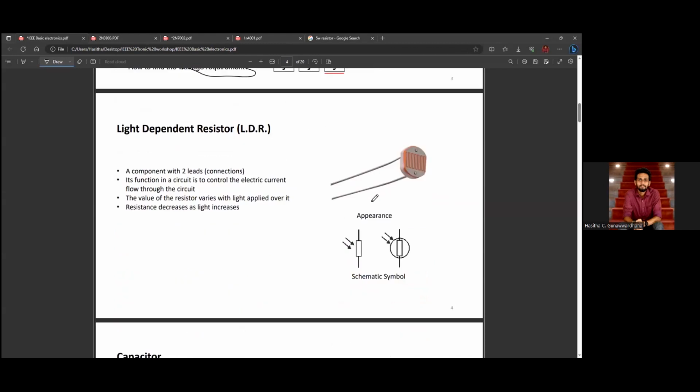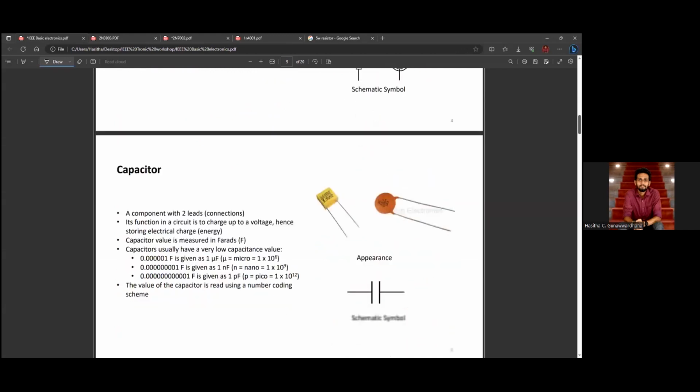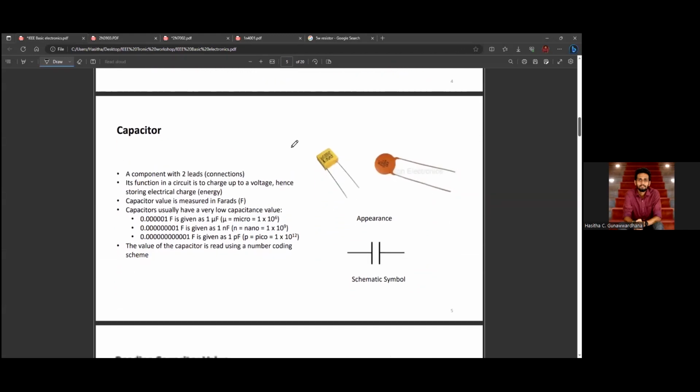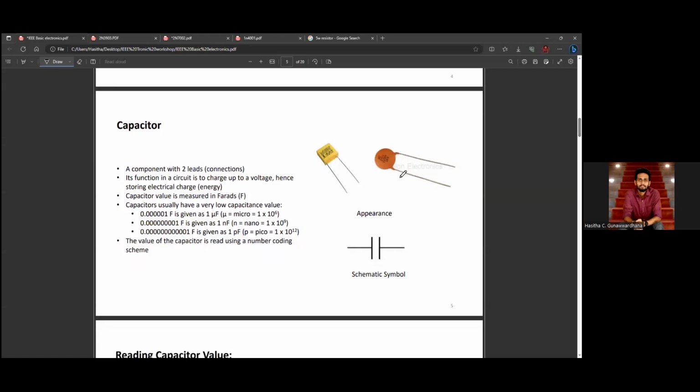I think you have played with this component. It is like a light sensitive resistor. If light is available, the resistance between these two terminals will be reduced. So there will be more current flowing through this resistor. Then the capacitor. There are basically two types of capacitors: polarized and